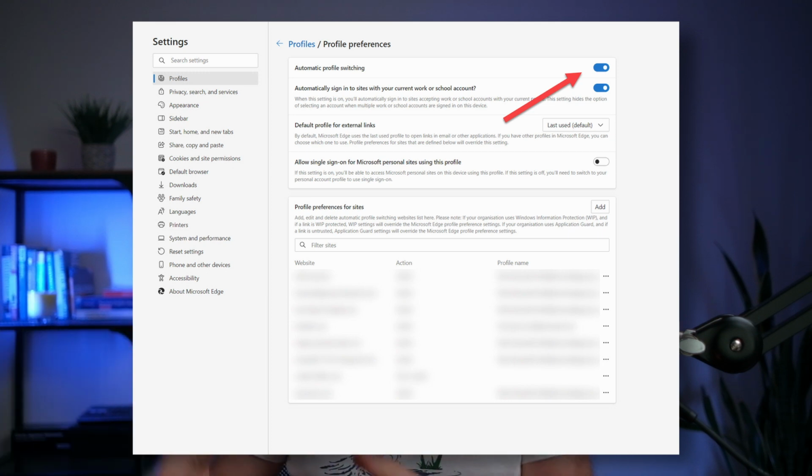For instance, let's say you get an email, you click on a link and then that link opens up in the wrong profile, because then potentially you're logging into that site with the wrong account, and that can be confusing for users. So automatic switching is designed to address that issue. Now, Microsoft has said that they're going to add more sites and improve the logic going forwards so that this